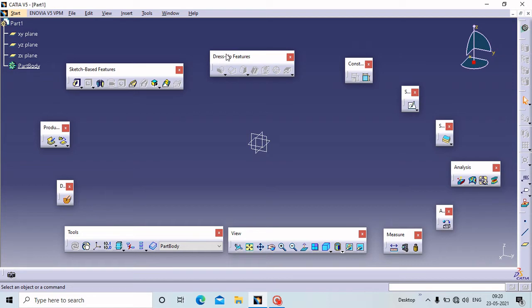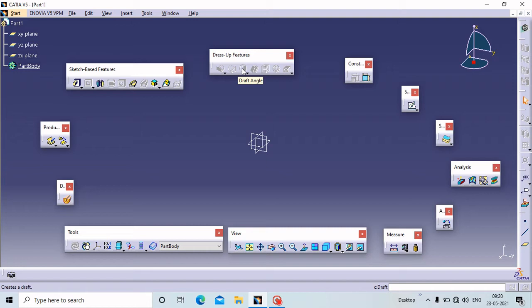The next is Dress-Up Features. Dress-Up Features means your makeup features: if you are adding material to a particular sketch, then you only use these dress-up features. First of all, this is the Edge Fillet command. Next is the Chamfer command. Next is the Draft Angle command.